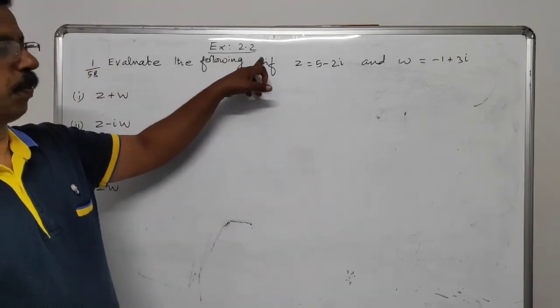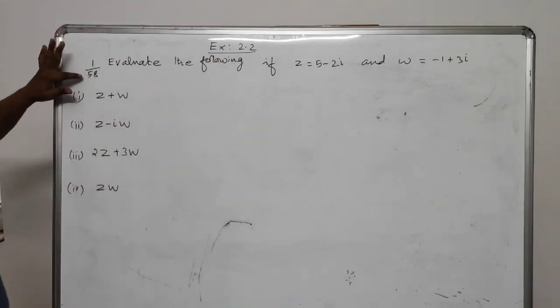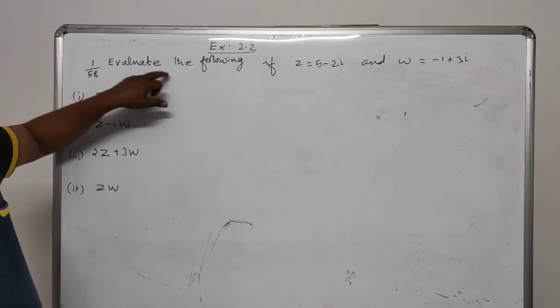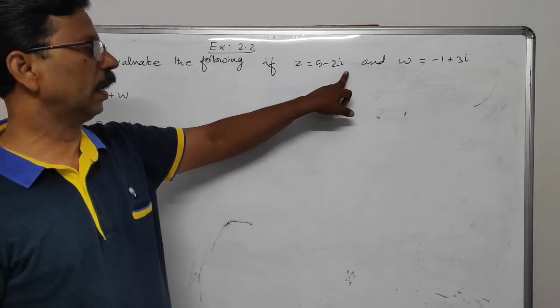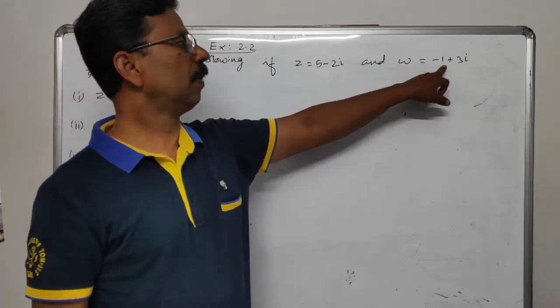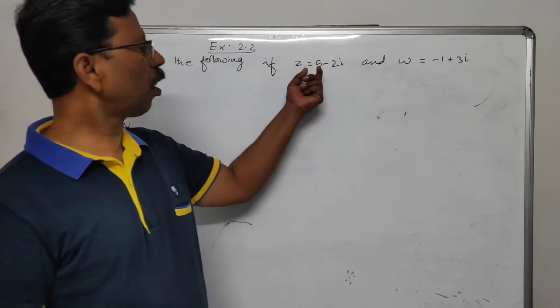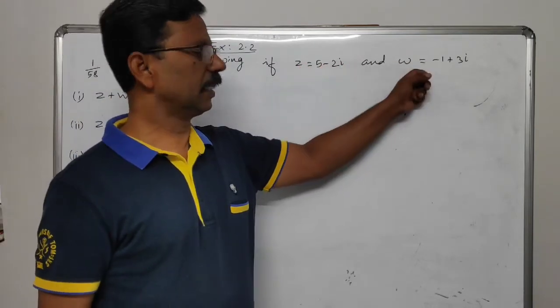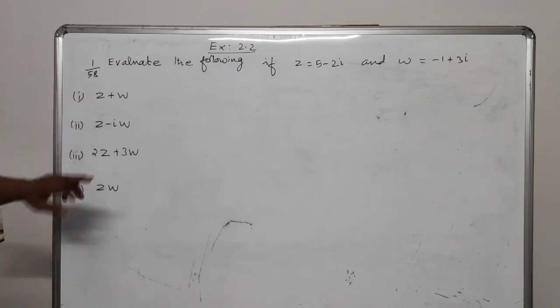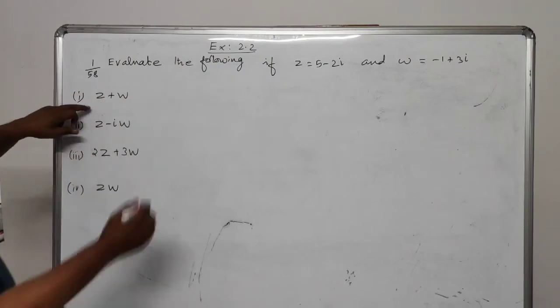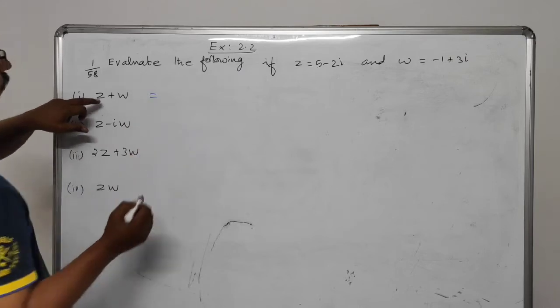This is exercise 2.2. The first problem is given on page number 58. Evaluate the following if z is equal to 5 minus 2i and w is equal to minus 1 plus 3i. Now, two complex numbers are given, z and w. Now, we have to evaluate these expressions. The first one is z plus w, which means you just have to find the sum of z and